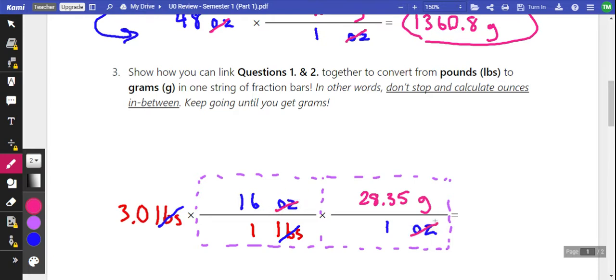where now our ounces would cancel. And this is what our math and our calculator would be like. We've got to be multiplying by the stuff that's on the top of the fraction bar and dividing by whatever's on bottom. Multiplying by whatever's on top, dividing by whatever is on bottom here. Now, the order of multiplying or dividing doesn't matter here. So you could multiply all the stuff on the top and then divide by all the stuff on the bottom. Or you could do it like me where I multiply, divide, multiply, divide. You could divide first if you want and then do all the multiplication. Doesn't really matter,